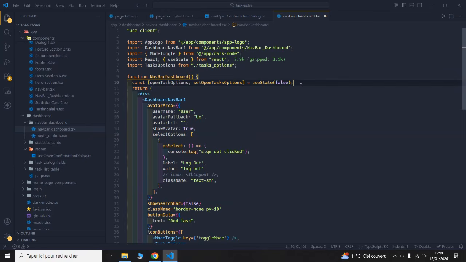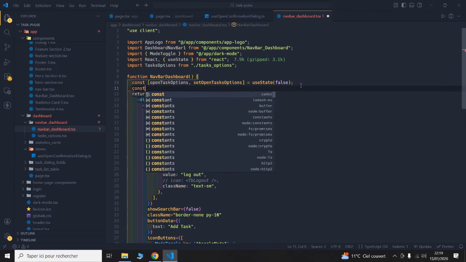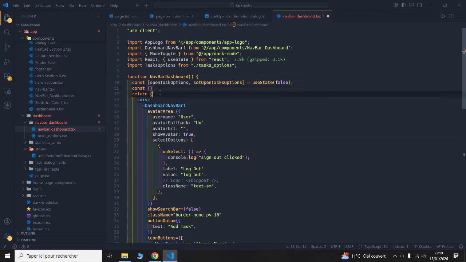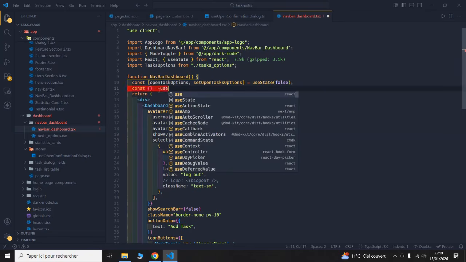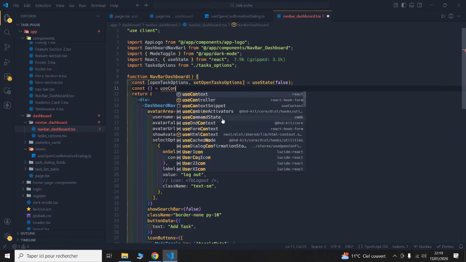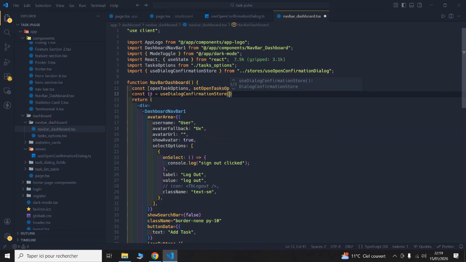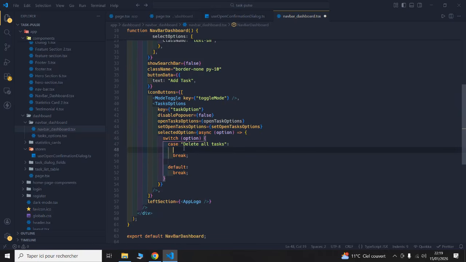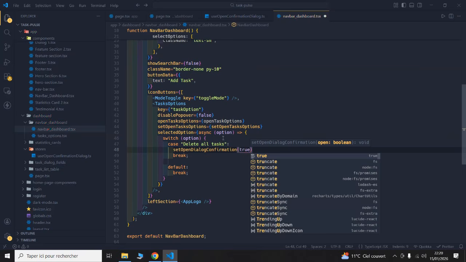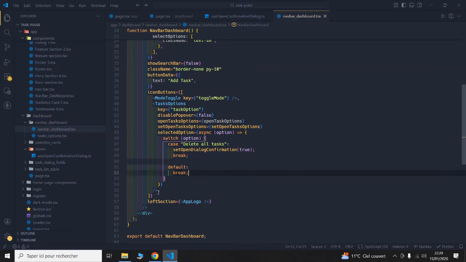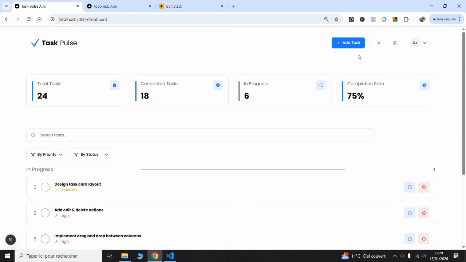So here I'm going to call the use confirmation dialog store, and I'm going to access the setOpenDialogConfirmation. I'm going to set it to true to be able to open up the dialog. So if I go back to our application and click on delete all tasks,